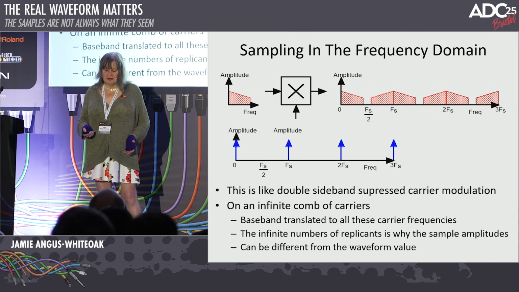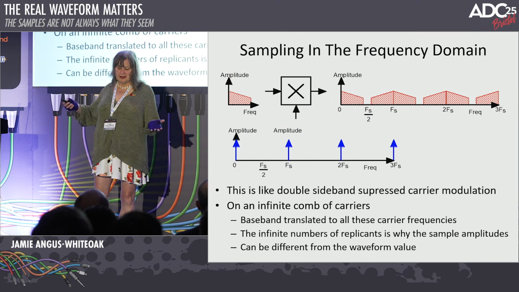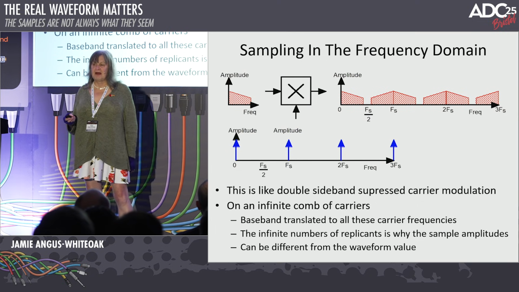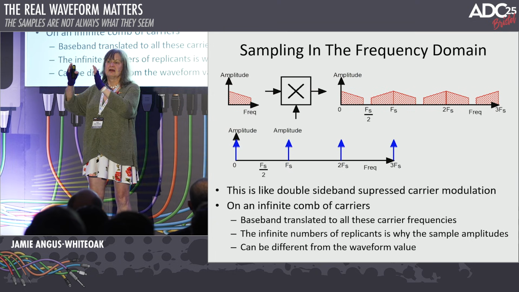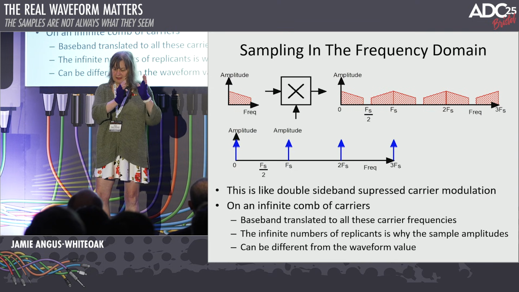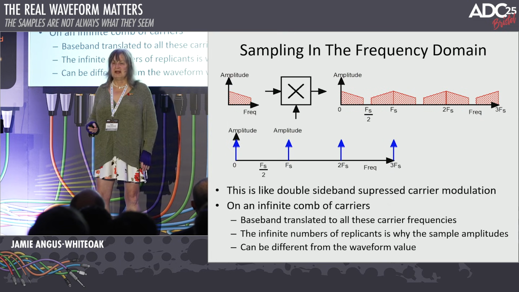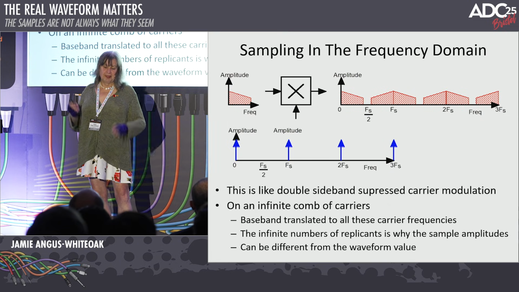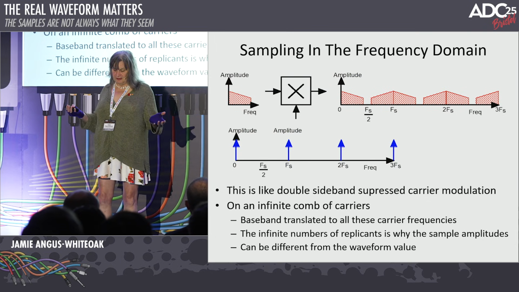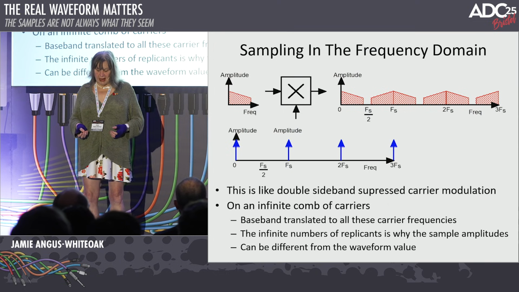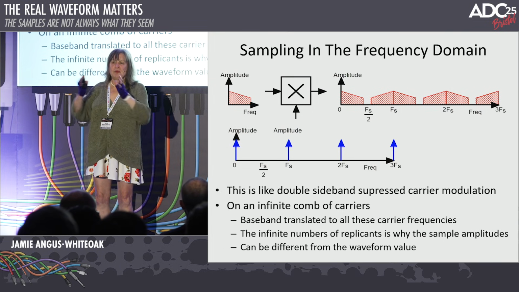If we look at it in the frequency domain, a comb of time samples basically becomes an infinite sum of sine waves. So we get a comb of carriers of discrete frequency points, and we can consider modulating the baseband signal into copies of itself all the way up to infinity as double sideband suppressed carrier signals. So we have an infinite number of replicants,